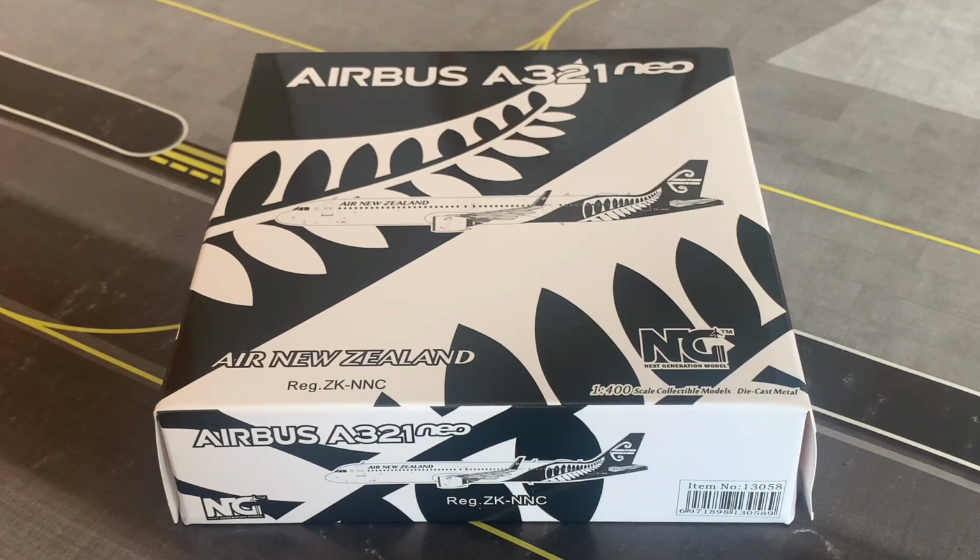And this aircraft is currently active on the network of Air New Zealand. This being the international configured variant of the 321 for Air New Zealand. Of course, the Star Alliance livery that I showed in the last unboxing, Oscar Yankee Bravo, is configured for just domestic operations. So this aircraft is registered, as you can see, Zulu Kilo November Charlie, ZK-NNC, for those again who aren't too familiar